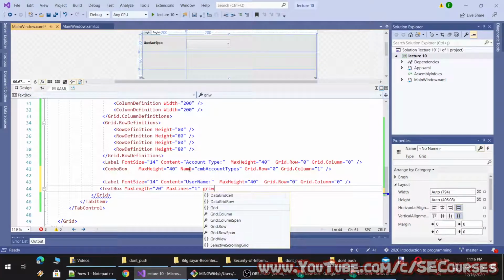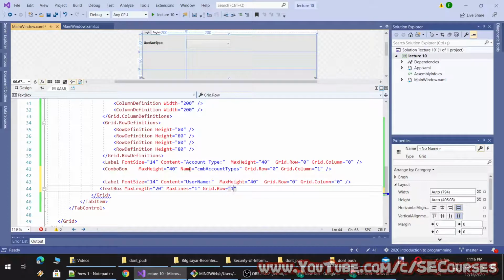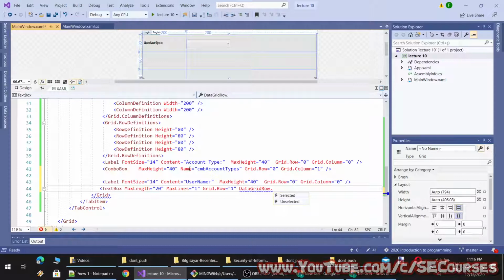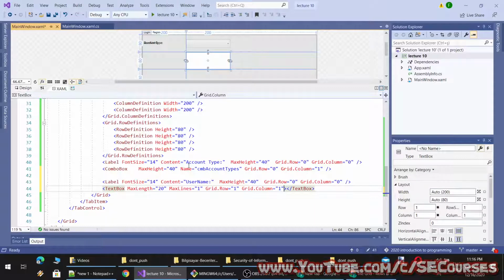And grid row will be 1, and grid column will be 1 in this case, and the name will be txt user